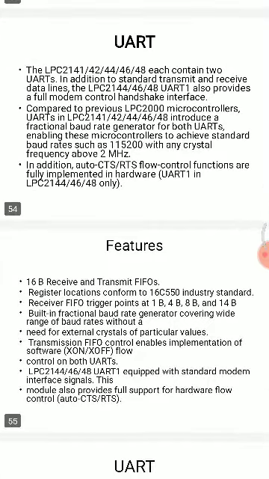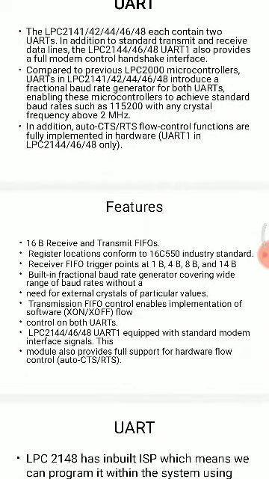What are the features available in UART communication? A 16 byte receive and transmit FIFO, first in first out. The register locations conform to the 16C550 industry standard. The receiver FIFO trigger points are 1 byte, 4 bytes, 8 bytes and 14 bytes. There is a built-in fractional baud rate generator covering a wide range of baud rates without the need for external crystal oscillators of particular values. Control of both UARTs is provided, and on the LPC2144, 46, 48 UART1 is equipped with the standard modem interface